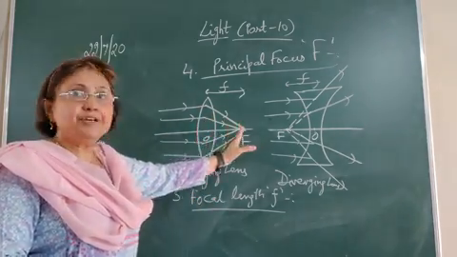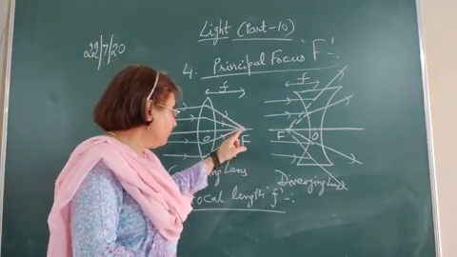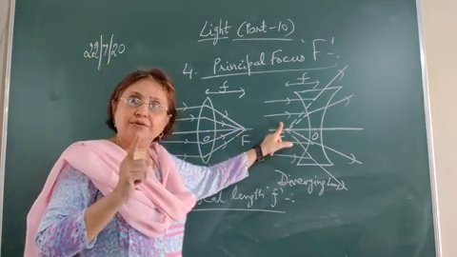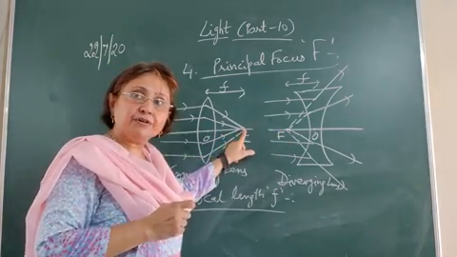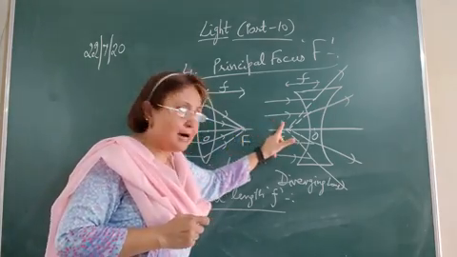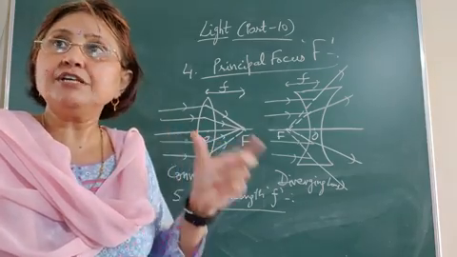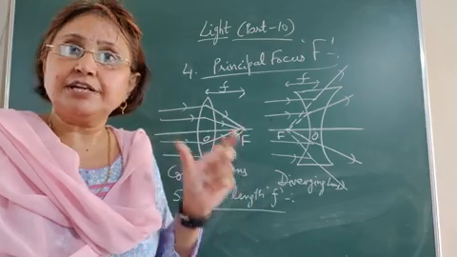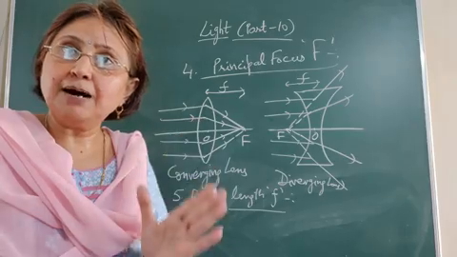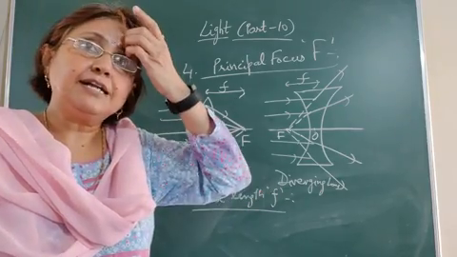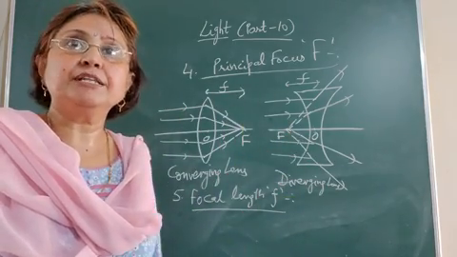Instead, when we draw the ray diagrams, when we draw the image formation, we'll mark a point 2f, double the focal length. When we study that, I'll let you know. Here F is the principal focus, and we'll mark a point 2f which will be double the focal length. This 2f is not equal to the radius of curvature. It may be, it may not be. So we won't take it as the radius of curvature. We'll mark a point 2f which will be double the focal length. When we study the image formation, I'll explain that again.